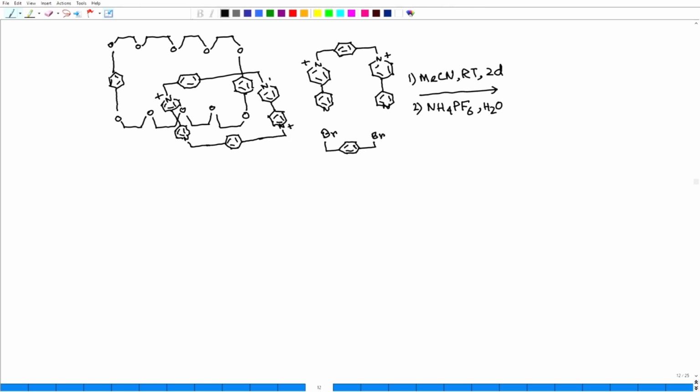So, you can understand that this particular macrocycle enters here. This particular moiety will enter here like this. Why does it enter? It enters because this particular moiety is electron poor,